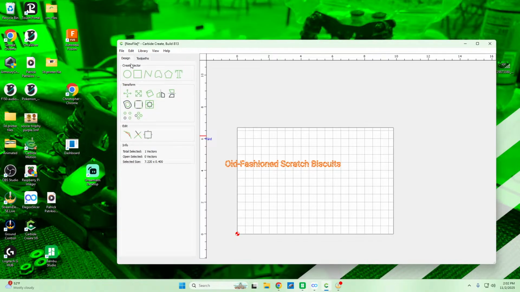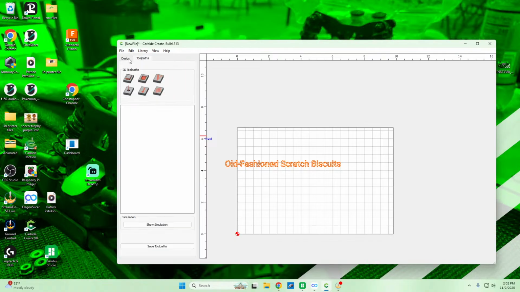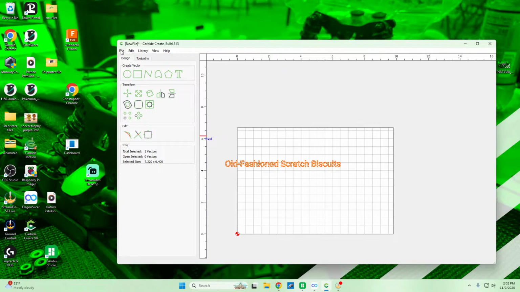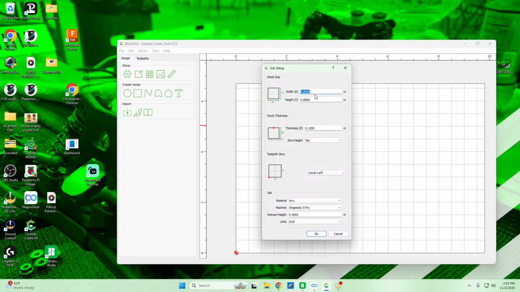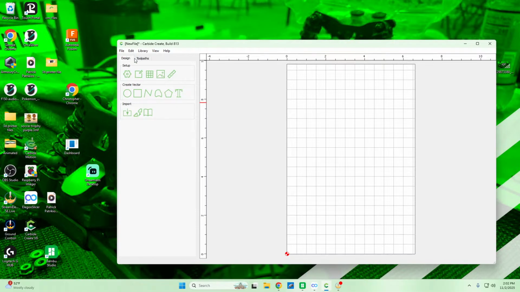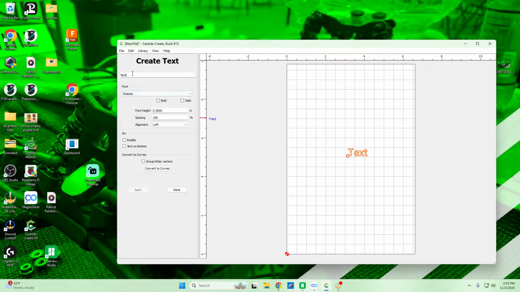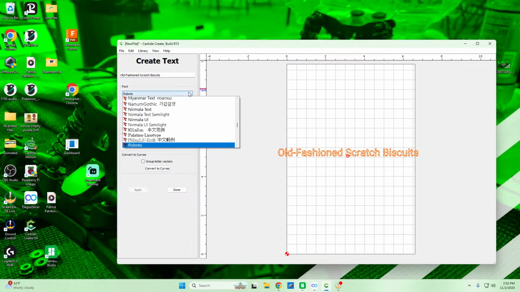I gotta change the dimensions of the new discard setup. So 6.6, 9.8. Text spacing. I'm gonna put it in center. We're gonna use